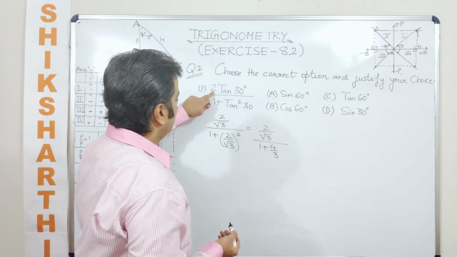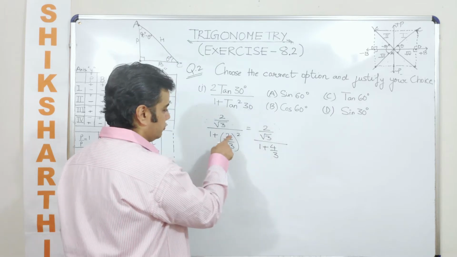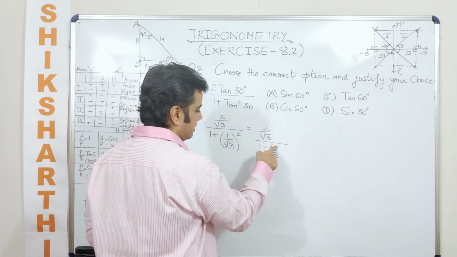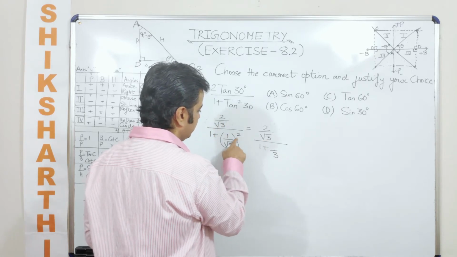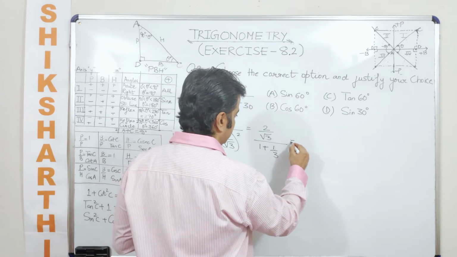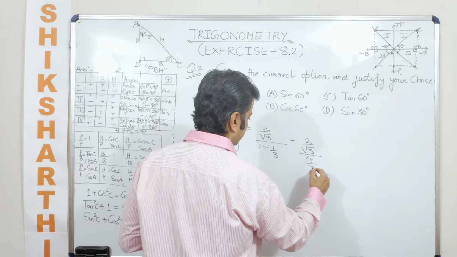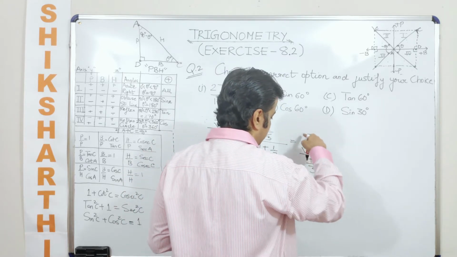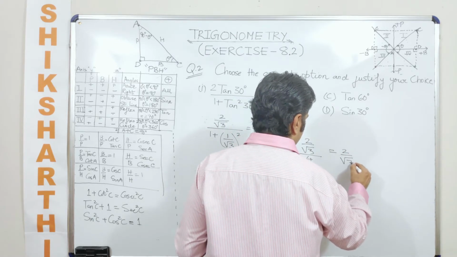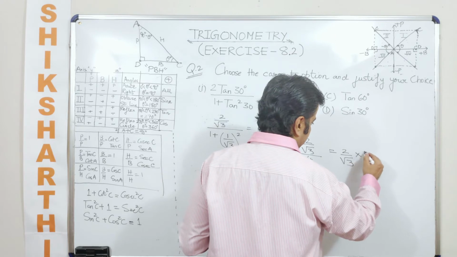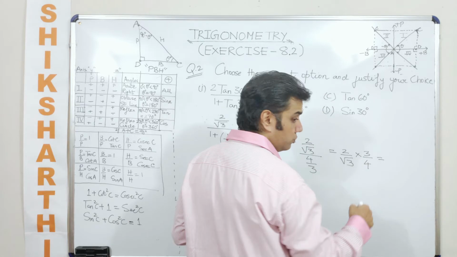Let's see. Why have I written this as 2 by root 3? I should have written it as 1 by root 3, right? Okay. So now 2 by root 3 divided by 1 plus 1 by root 3 whole square. Now can this be written as 2 by root 3 divided by 4 by 3? You know that one is divided by the other, so this can be written as 2 by root 3, and you just take the reciprocal of this, which is 3 by 4,